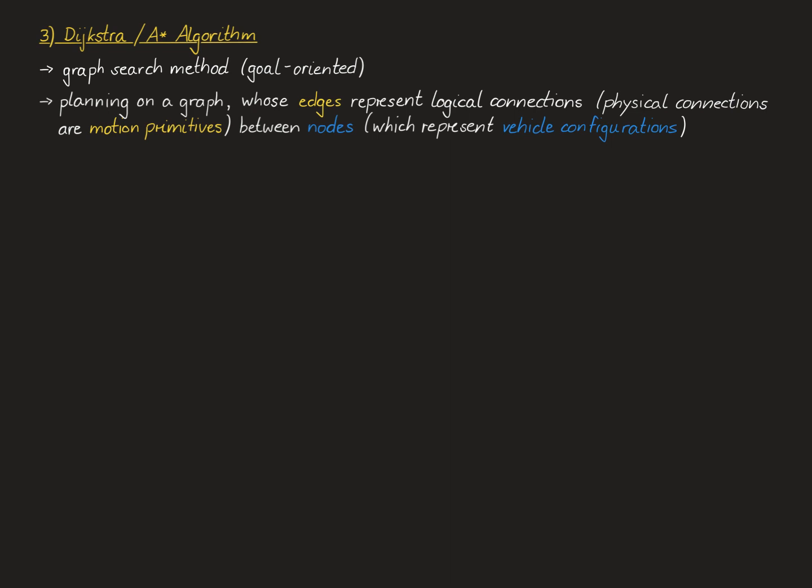You should imagine this graph in a similar way to the reachability graph of the RRT algorithm, meaning that the nodes represent vehicle configurations and the edges represent motion primitives that allow the vehicle to transition between the nodes in a way that all the relevant constraints are respected, meaning the kinematic constraints, the dynamic constraints, and also the motion primitive should be collision-free. However, for simplicity of representation, we show the graph here as a classical graph where the nodes are